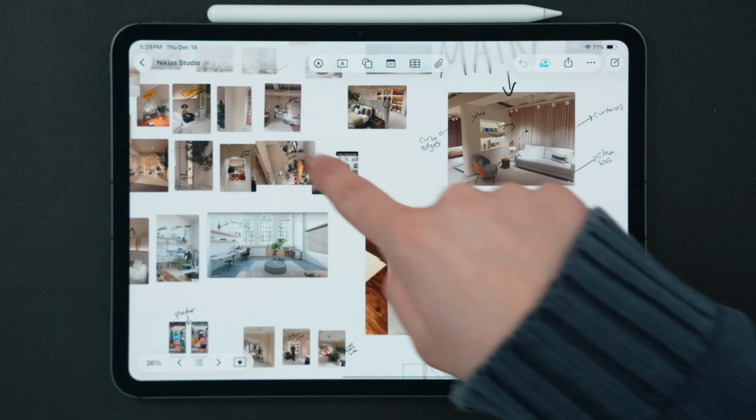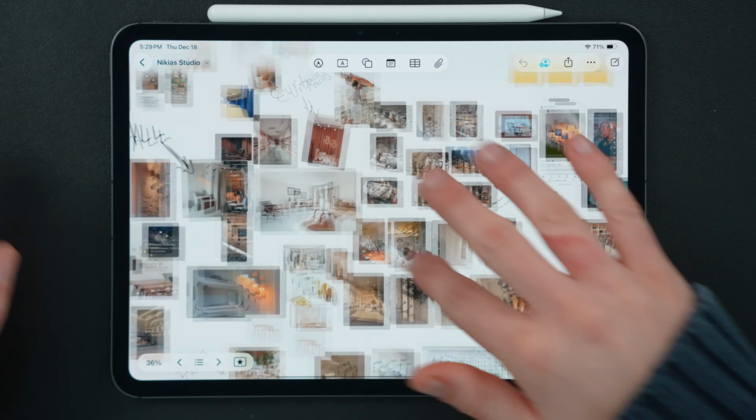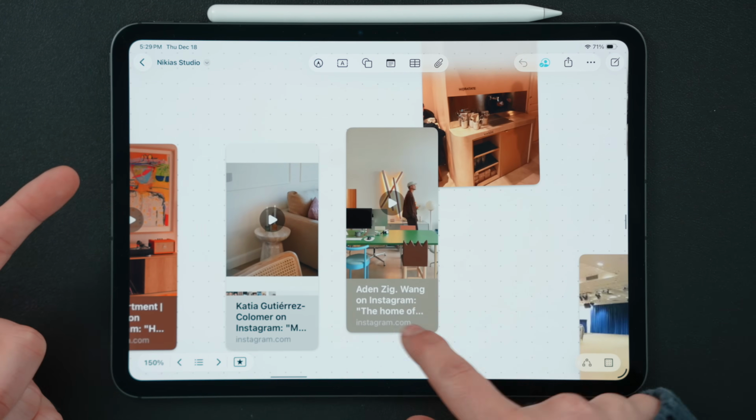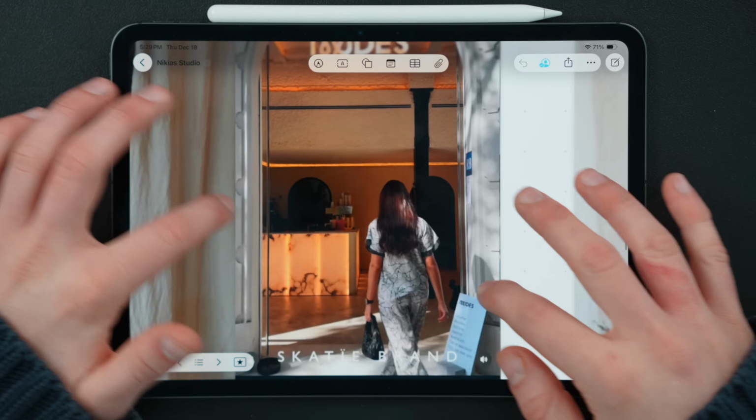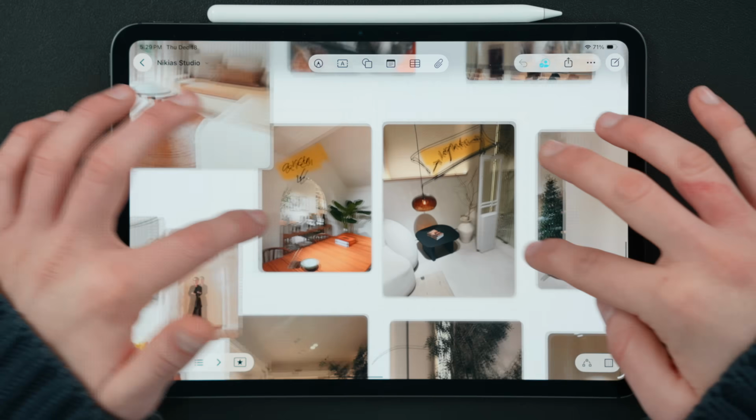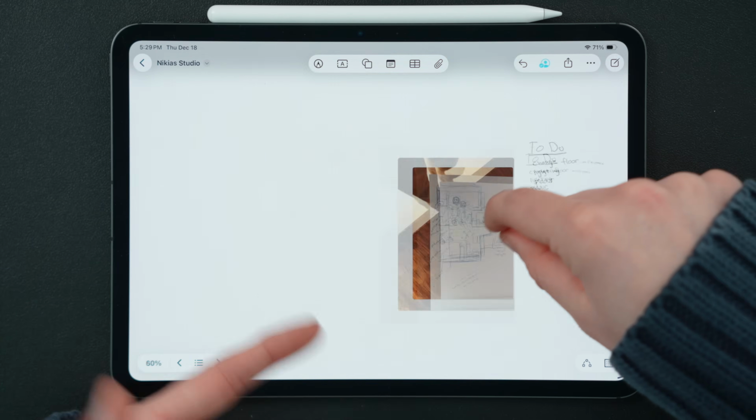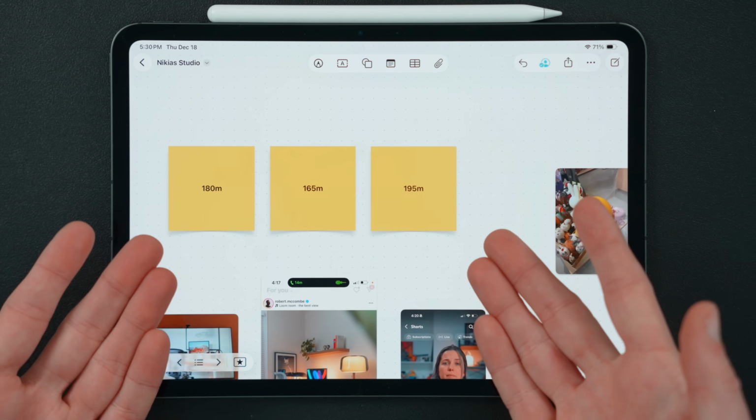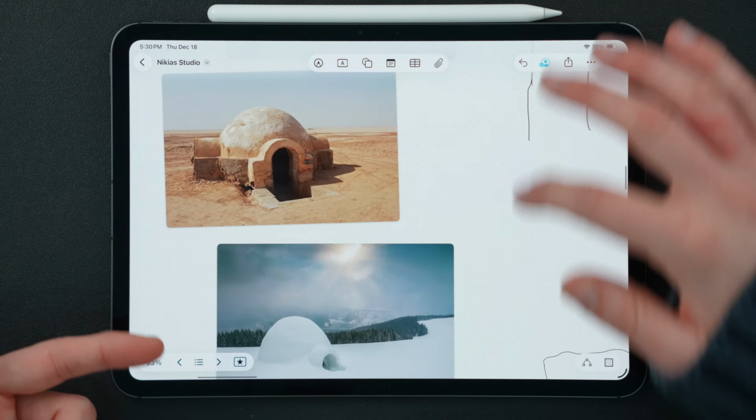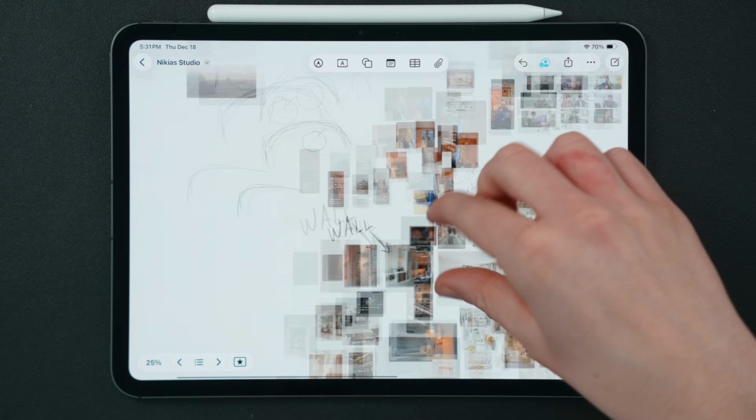In this video, I'll show you my Freeform of my studio renovation. I basically dropped everything here. As you can see, there are links from Instagram, there are screenshots from Instagram, there are random photos from online. These photos I took myself. There are markups, there are sketches, there's handwritten text, there's sticky notes, and there's basically a lot of inspiration in here. So the way that Freeform works is you basically just zoom out, you move, and then you kind of